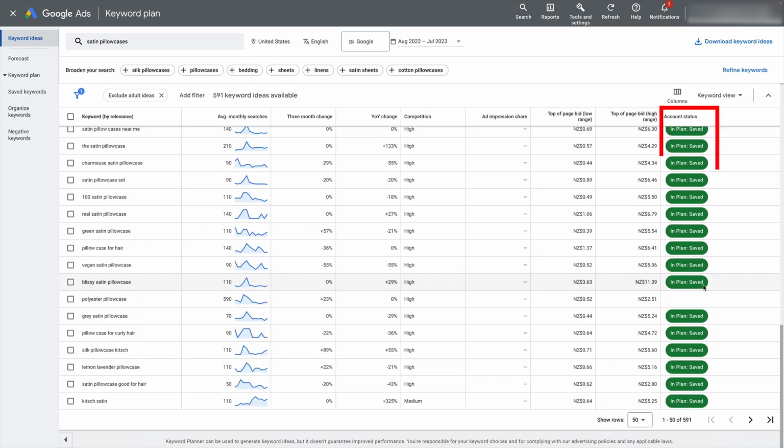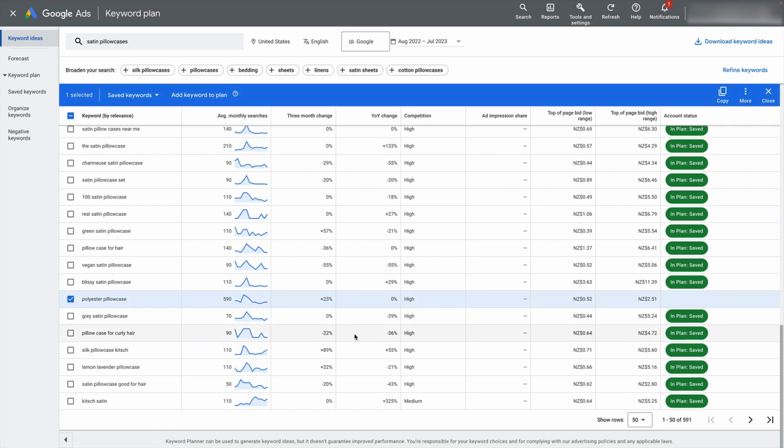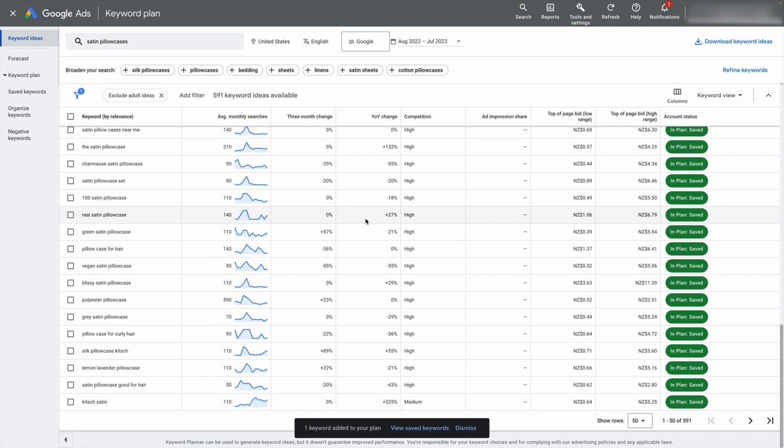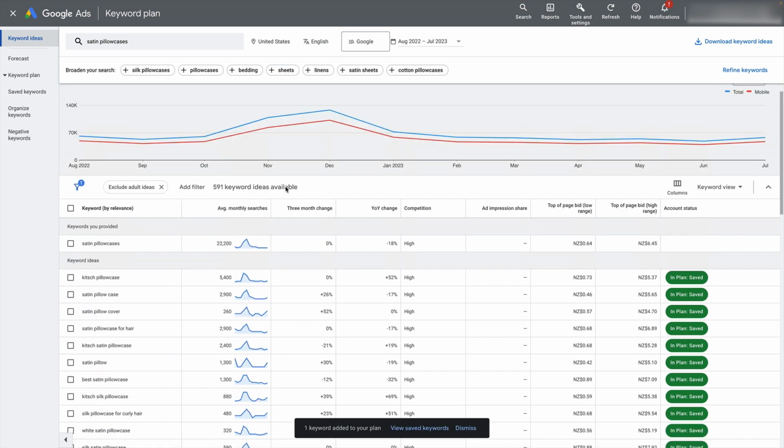Now you can see here that actually I've already grabbed all of these keywords. These keywords are all already in my plan, so I already saw them on the previous screen, but this one isn't. So by playing around there, I've found one additional new keyword that I might actually want to add to my plan if I have that kind of product. Okay, so what we have there is the process you want to go through when you're doing initial keyword research,